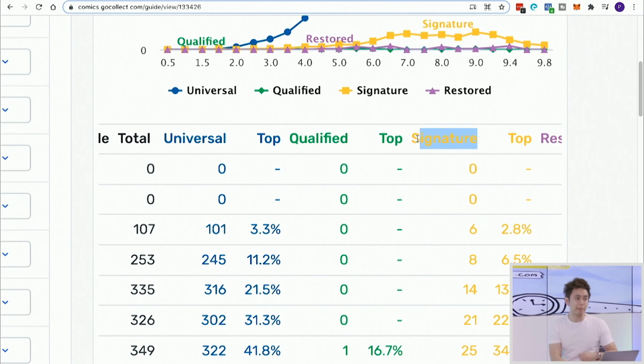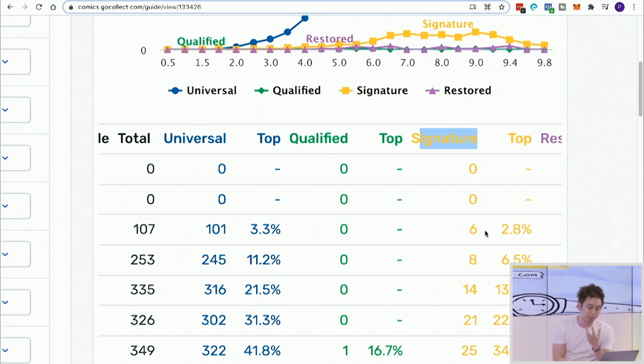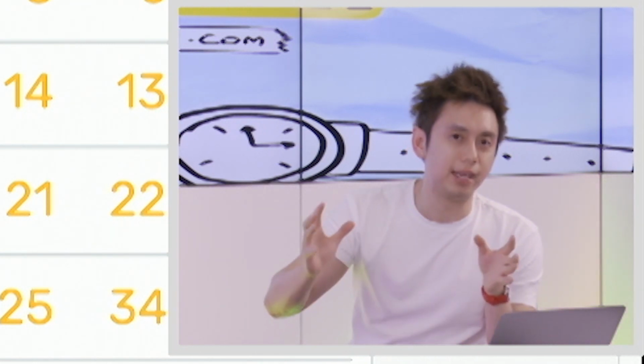So you notice that my comic is yellow bordered because it's signed and authenticated by the company. You'll see that there's only 6 of them in the world. So the next thing that I'm always thinking about is my purchase, like how many are there in the entire